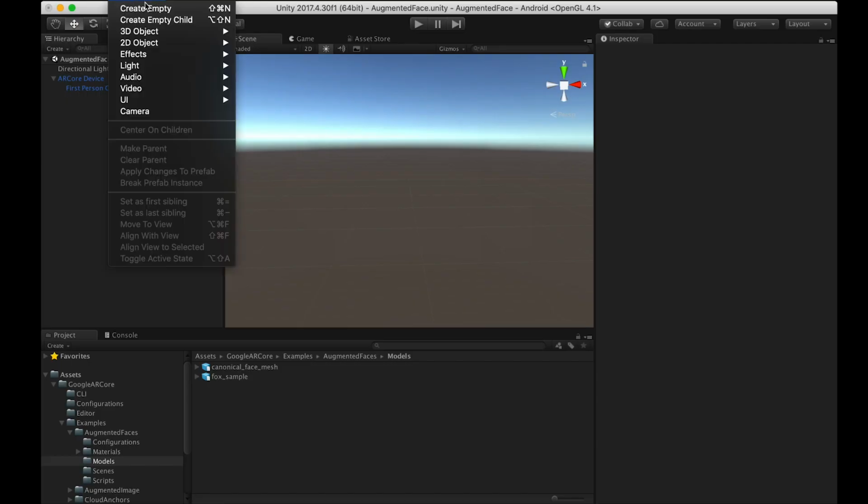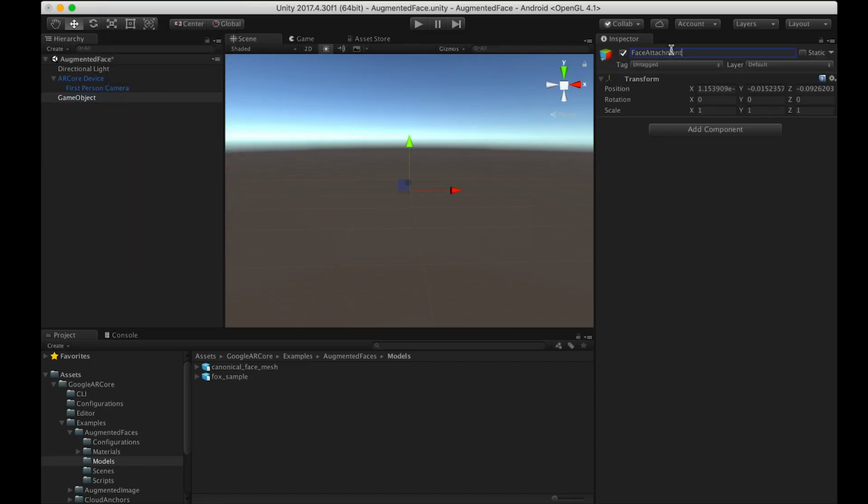With the current scene set up, the app will start the ARCore session and render the front camera image on the screen. Even though it is set up to detect faces in the camera viewport, we can't see any effects because we haven't put anything there yet. Now let's add the example Fox effect from the ARCore Unity SDK to your app. First, let's create a root game object called Face Attachment to hold our Fox Face Effect game objects. Next, let's add the 3D meshes from the Fox effect and configure it to update with the face regions.